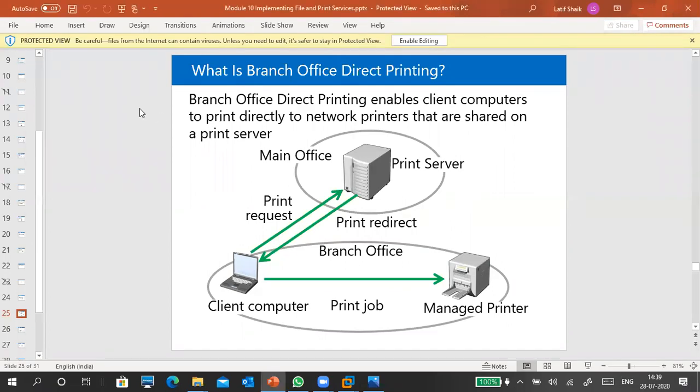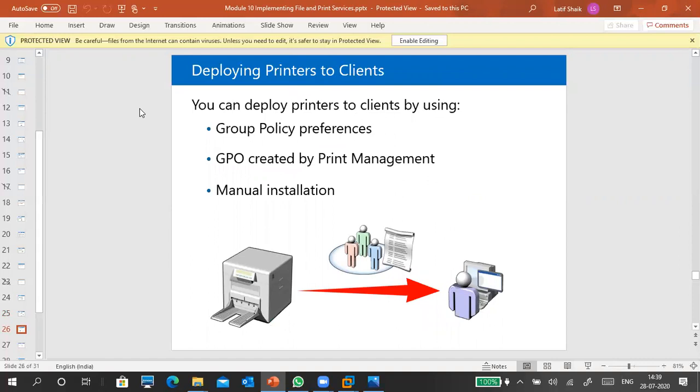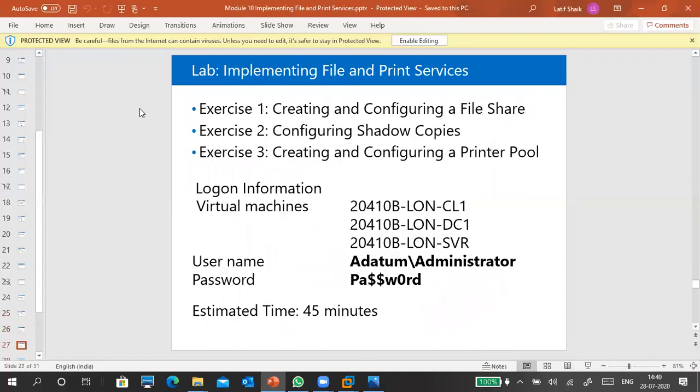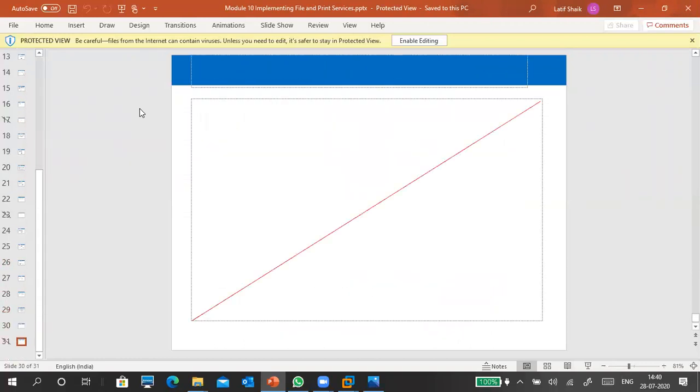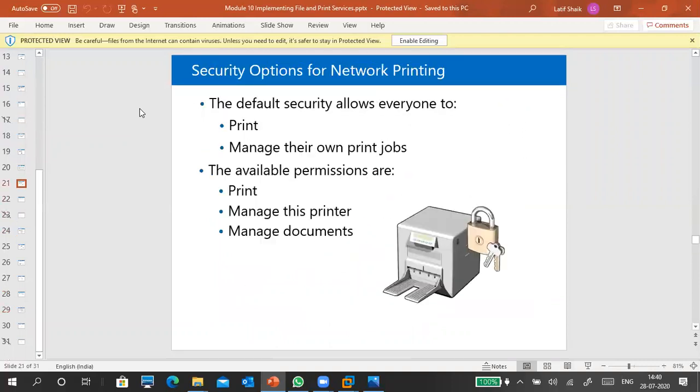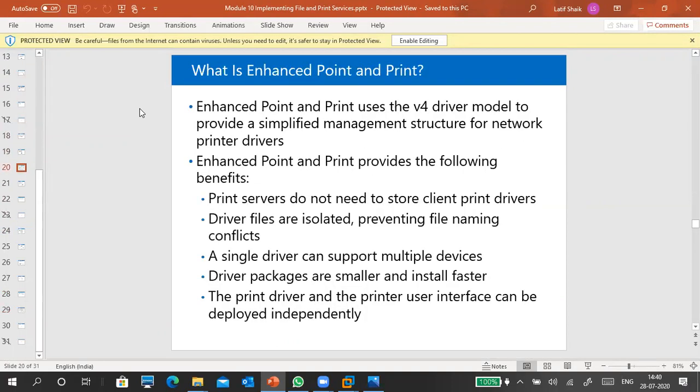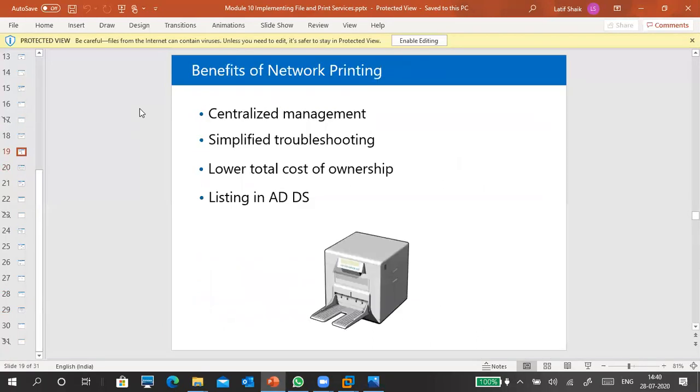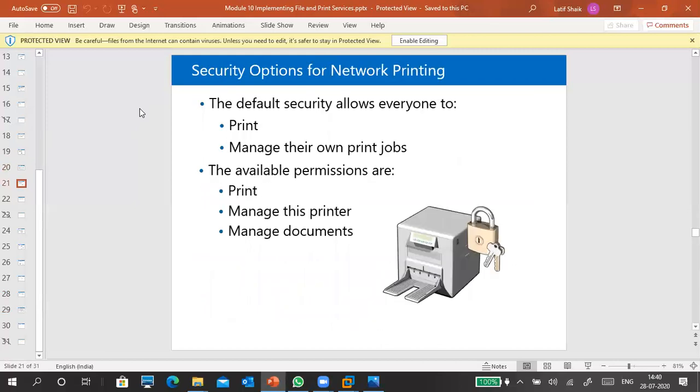In Microsoft, this is one question. You can deploy a printer directly with sharing, or manually we can add a printer. At that time we can add a network printer, or you can use a group policy to deploy a printer also. Okay, guys, these are the important things to read once. If you cannot understand this one, still no problem. Just read it once. At least a few points you can understand.